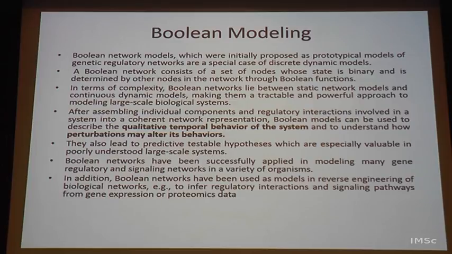And it's determined by other nodes in the network through Boolean functions. As you can imagine from a gene regulatory network, if, let us say, a transcription factor A is expressed, then its target protein B is not present, so it becomes 0. And if B is not present, some other thing can become activated because B has a repressive nature. To give you another example, kinases. If a kinase is not present, it doesn't phosphorylate something, therefore no signal is there, therefore the end molecule is active or inactive. Both ways are possible. So you can have, for the entire flow, 1 0 1 0 or 0 1 kinds of relations.